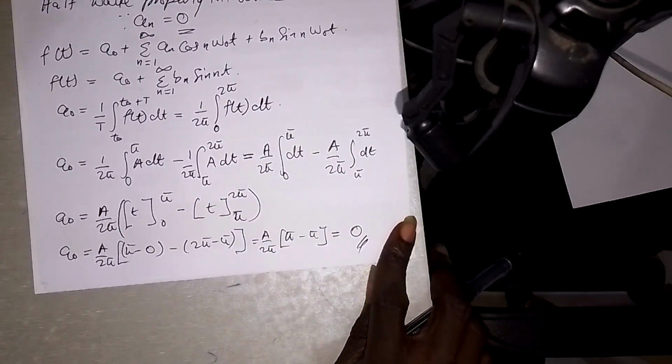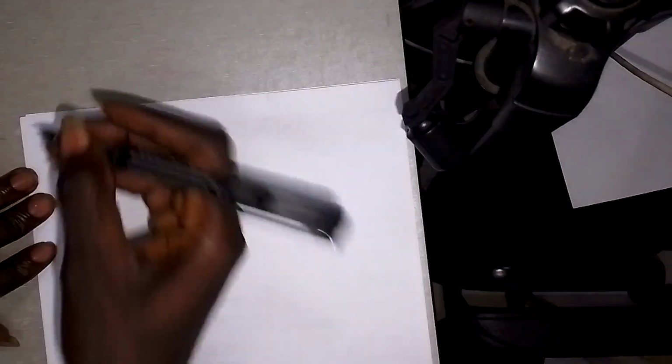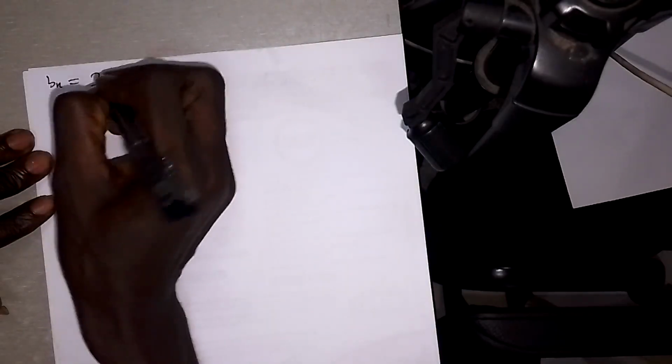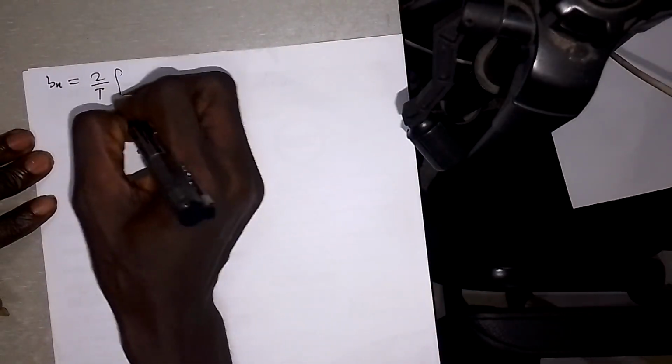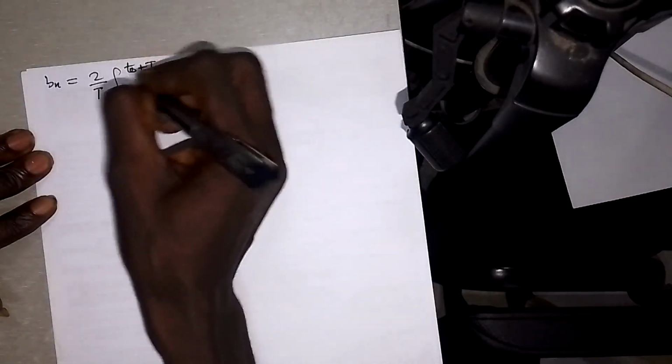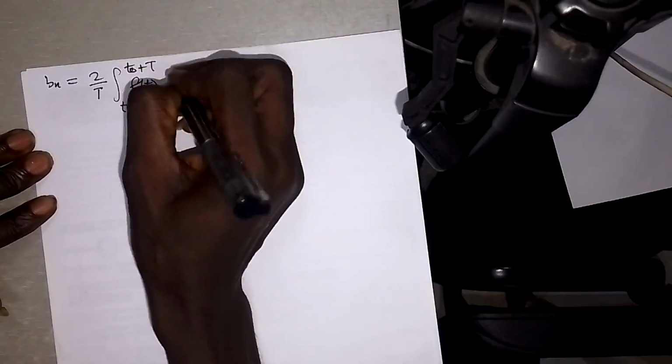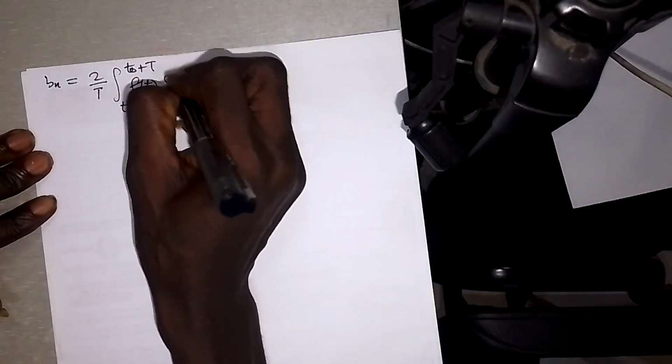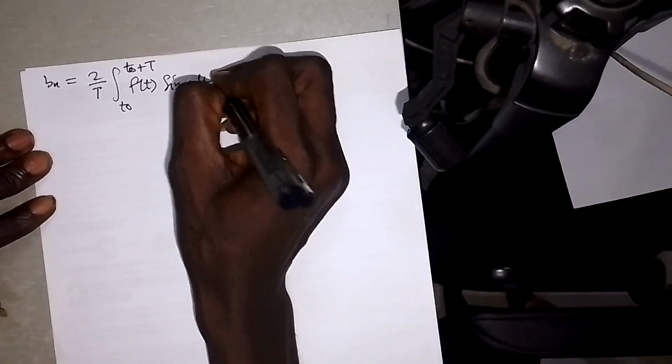So now that we know this one, let's proceed to An. An we know is already 0, so we wouldn't have to proceed to An. Rather, let us proceed to Bn. So let's see how we do with Bn. We know that Bn is equals to 2 over T, the integral from T naught to T naught plus T of f of t sine n omega naught t dt,